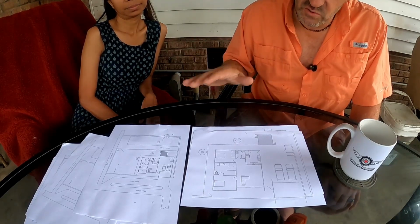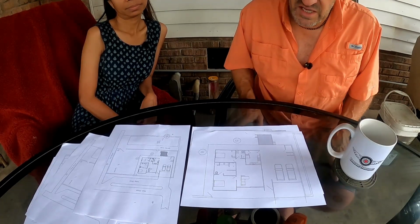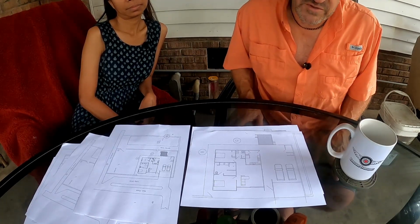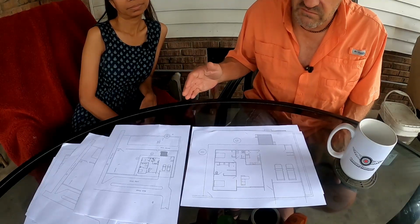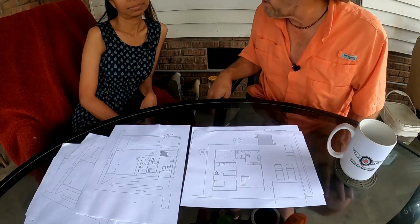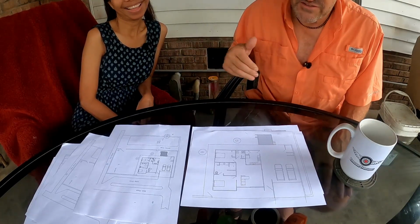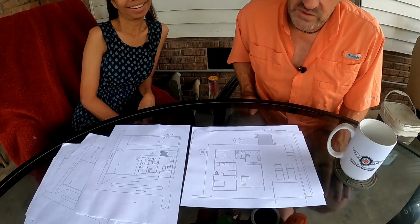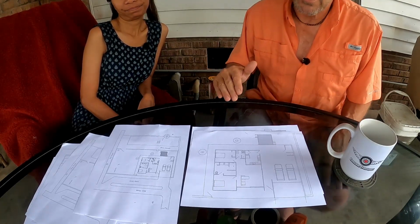Just do what you got to do. It gets frustrating at times because you're just constantly changing stuff and you think of something else. And every time I bring a drawing to Sampit, she's like, oh, well, we should do this. Well, you haven't mentioned that in the last 100 drawings. But we just go back to the drawing board, see if we can get it in there. I mean, we're not going to get everything we want, but as I said before, the more times we go through this,